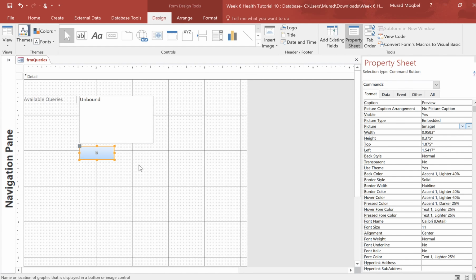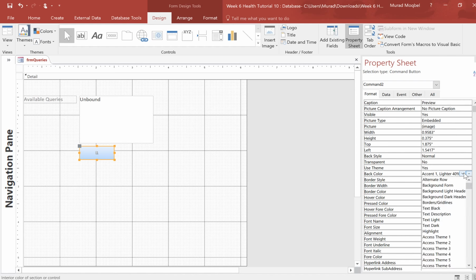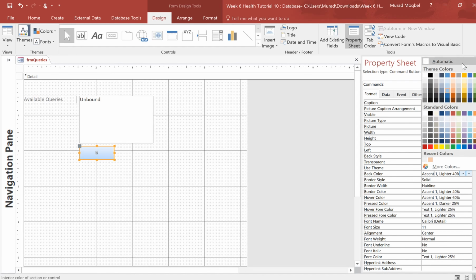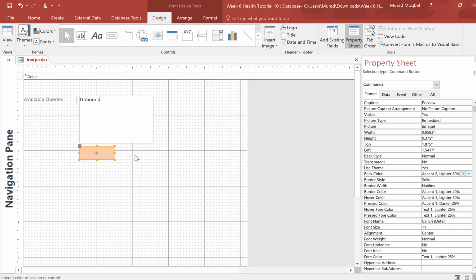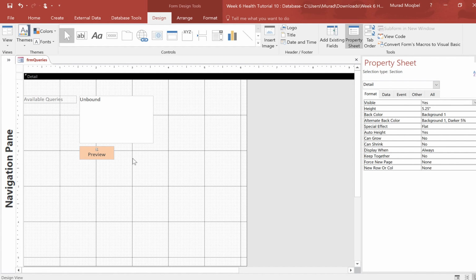And then they want us also to change the background color or the back color. So the back color would be under this, and then I'll just click on the builder, and then it says they want us to select orange accent 2 and then lighter 60%. So it is this one. And also they want us to go to picture caption arrangement, and they want us to select the bottom. That way we can show the caption in the bottom, and then on the top would be the preview